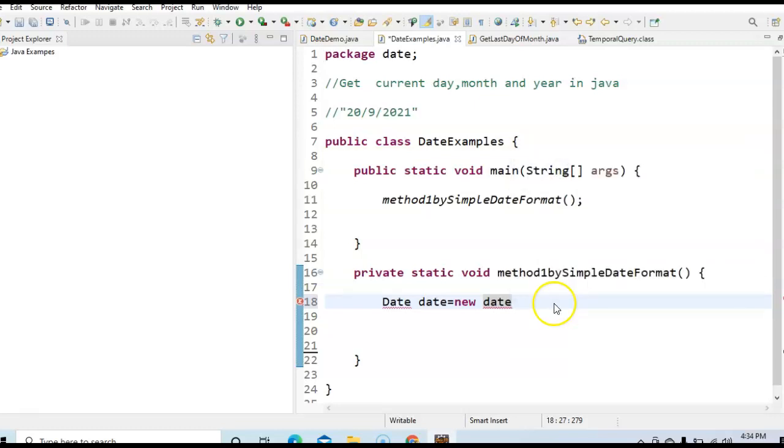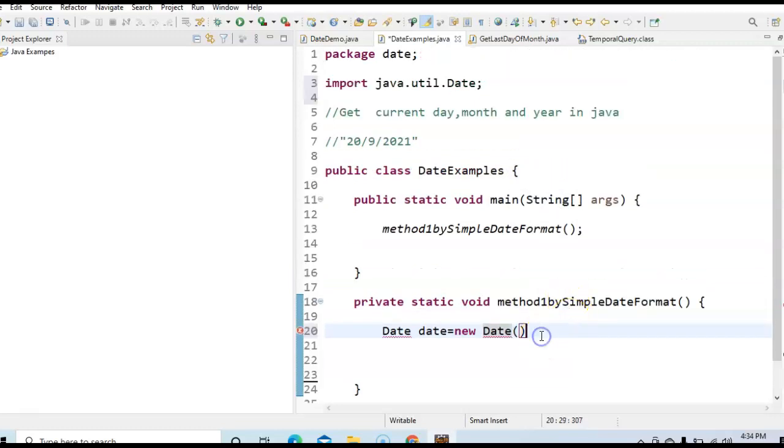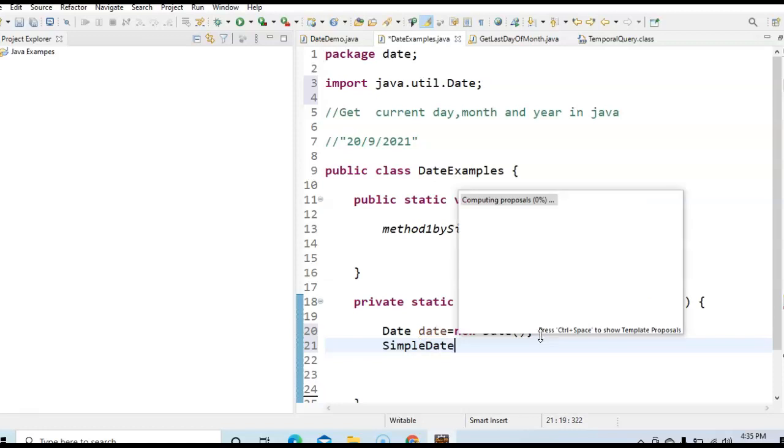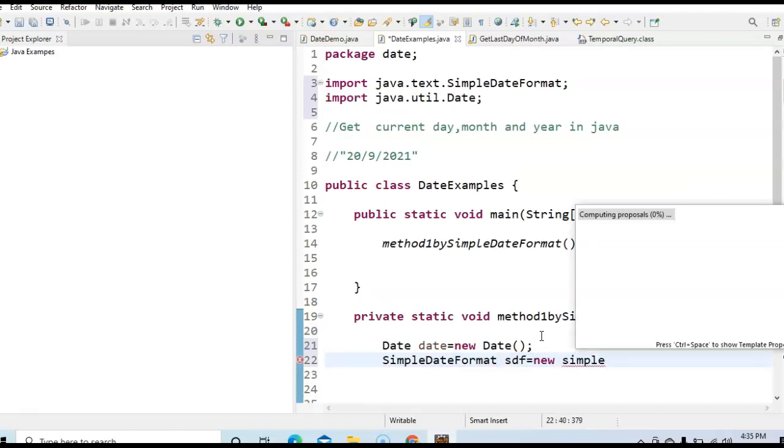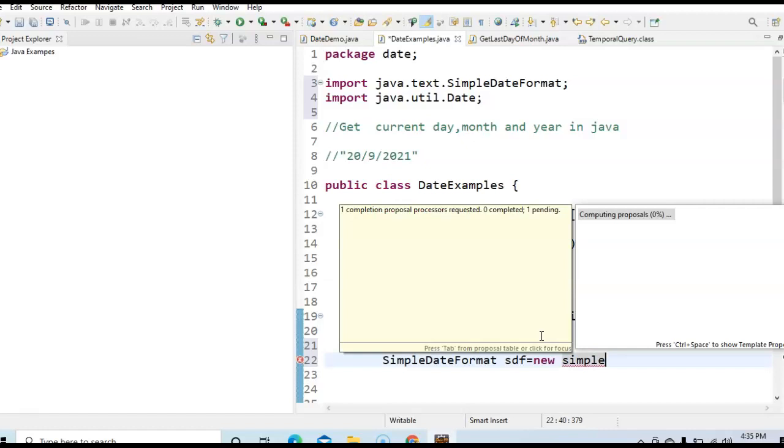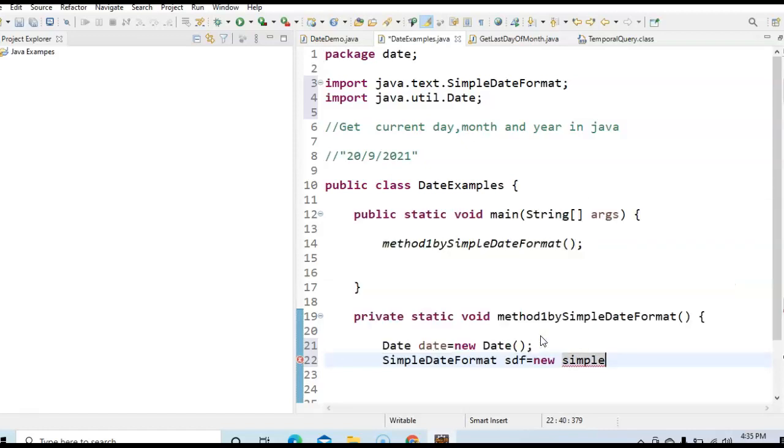You have created a date object, and then just say SimpleDateFormat sdf equal to new SimpleDateFormat, and we need to pass the format to this simple date format. How do we pass the format here? We'll just say dd.